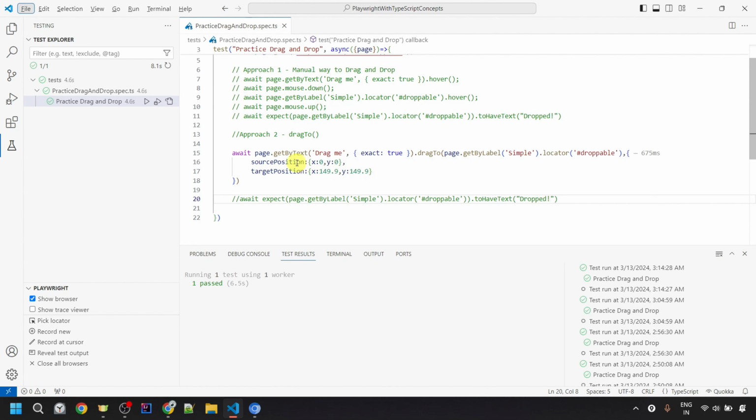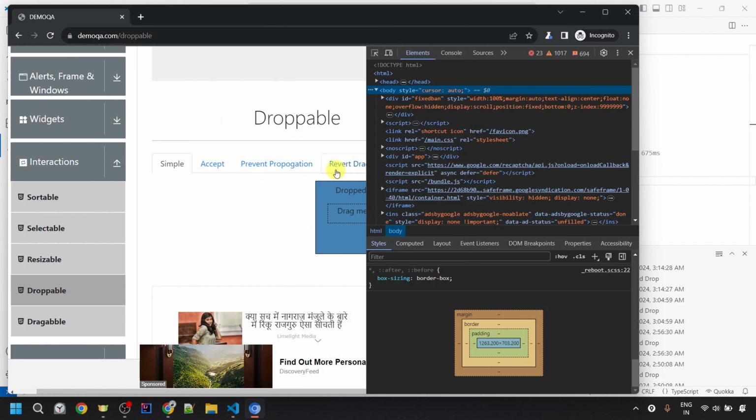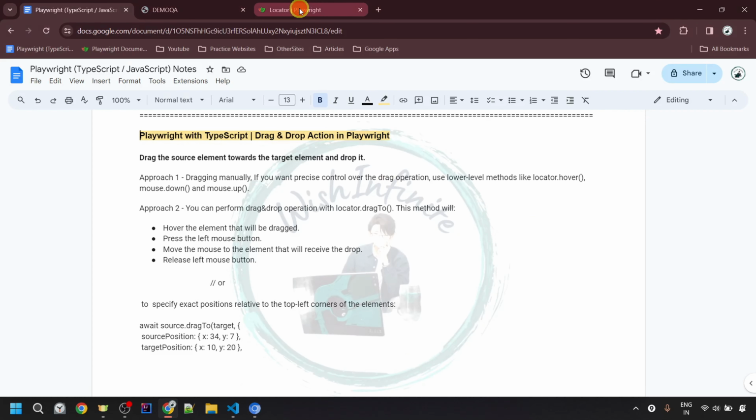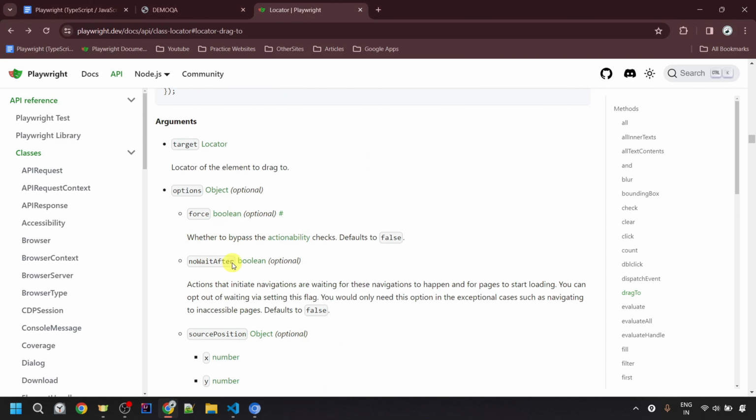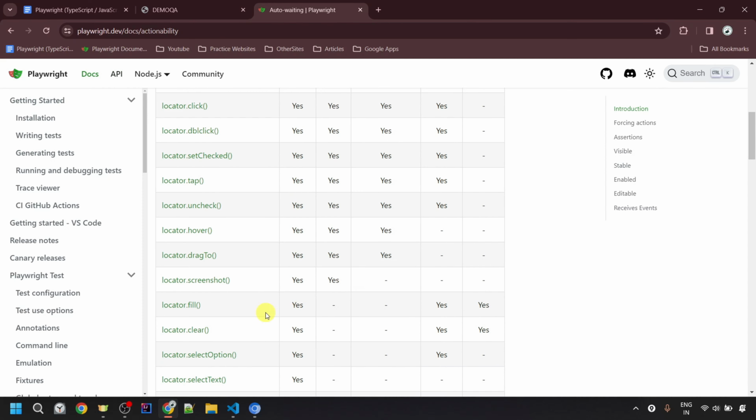And here we have just passed the two options inside the object, which is the second parameter. Okay, and this is optional. And there are some more different options which we can pass inside this particular object. So for that, you can follow this particular Playwright document where you can find the different options, right? This is the fourth option which we have used with the hover method also, where we can bypass these actionability checks. Okay, so here if you click onto this link, you will be able to see that for the